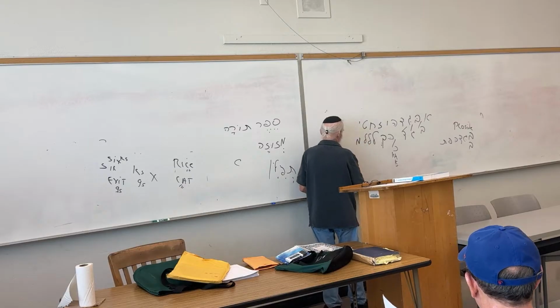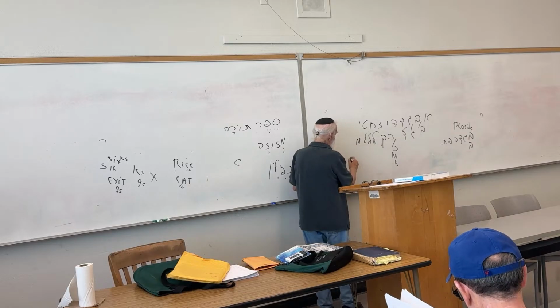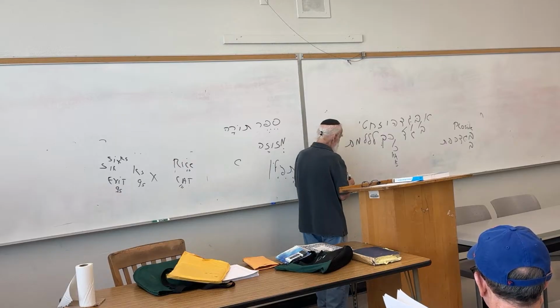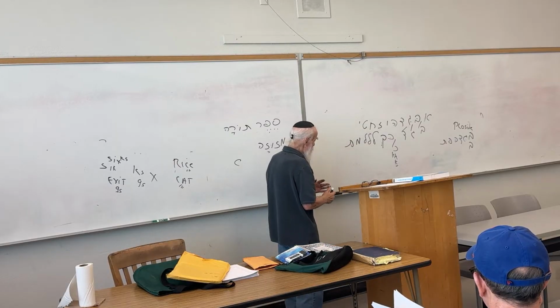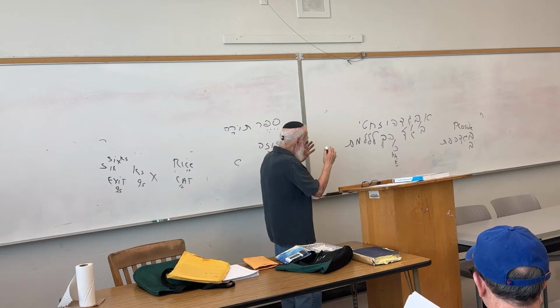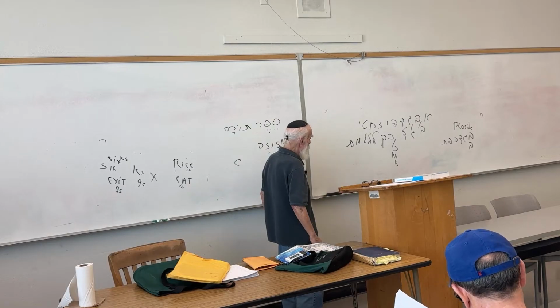The letter Mem in a frontal position looks like this, and in a final position looks like this. The Mem letters are the same as far as the sound goes. They're bilabial. They transcribe as an M. It's just that we make a distinction as a final letter: the final mem is written one way and the frontal medial mem is written another.